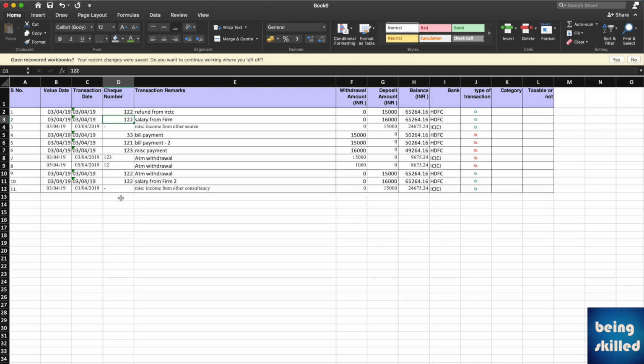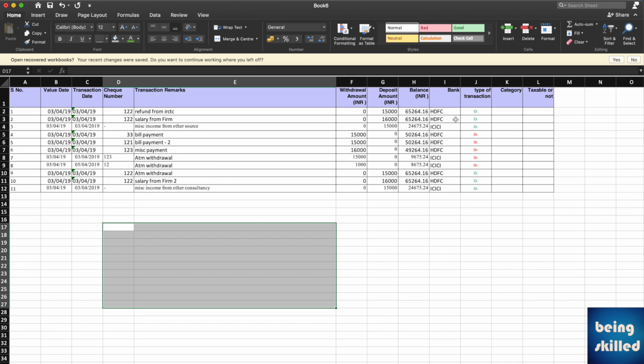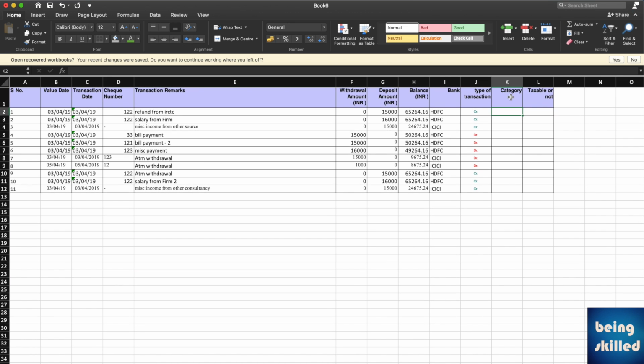So you will have to move your columns a bit, and then you have to ensure that all the values are in one single structure. And once that is done, you will just add them below one another so that the data is populated. And once that is done, you can just categorize the data. Now we have to categorize the data. So for all the credit transactions, you have to categorize.